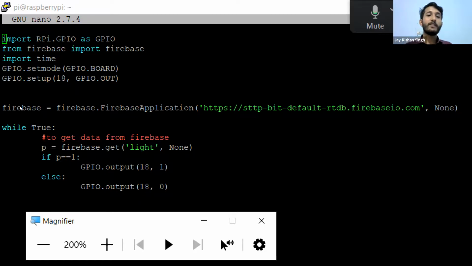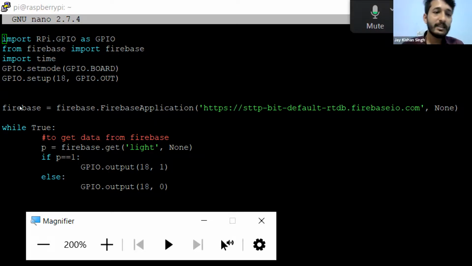Okay, let's come to the very next line. There you can see the Firebase application, and you can see a green color. If anybody is writing in the chat box, I cannot see because it's very zoomed in right there. I will not touch it until I explain this code and make it smaller again. The green one that you are seeing is the URL of our database, which we are keeping right there, so my Raspberry Pi can understand, okay, this is the Firebase database which we are using.